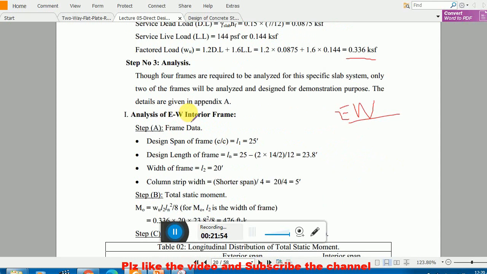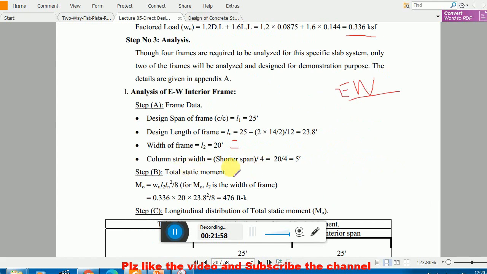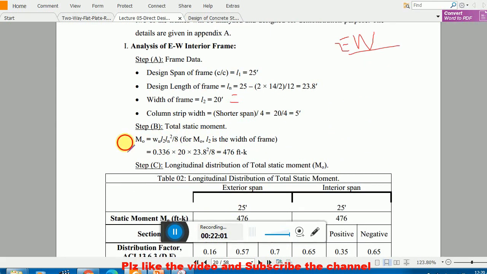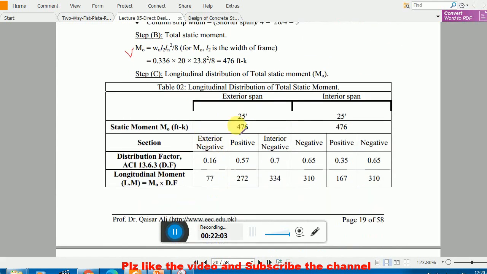So, analysis for the EW interior frame: you already know what L1, Ln and L2 are, what your stress fit is, and what M0 is. Now this is the part which I have to explain, because due to beams you have to change your coefficients. The other calculations are the same, you just have to change these coefficients. Now